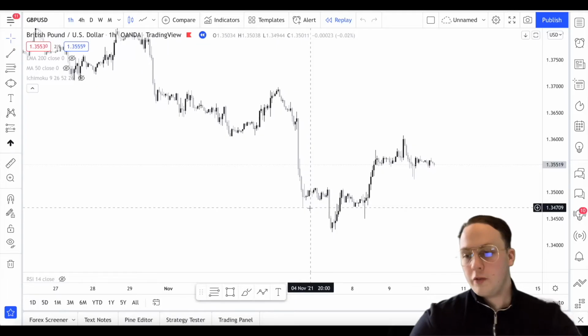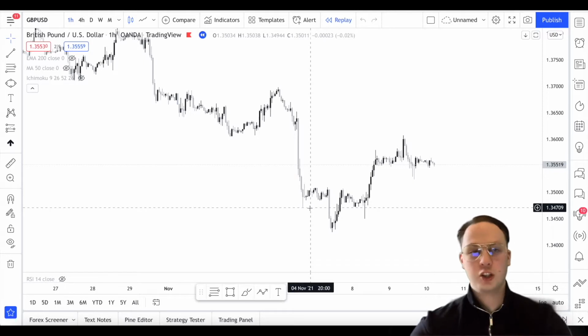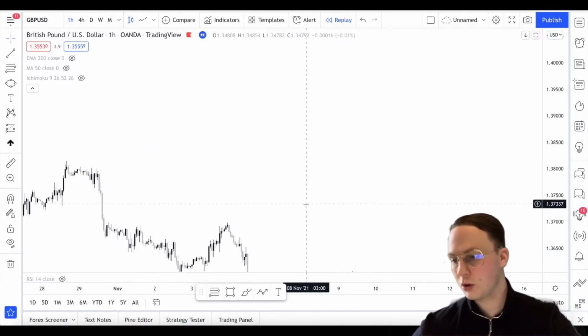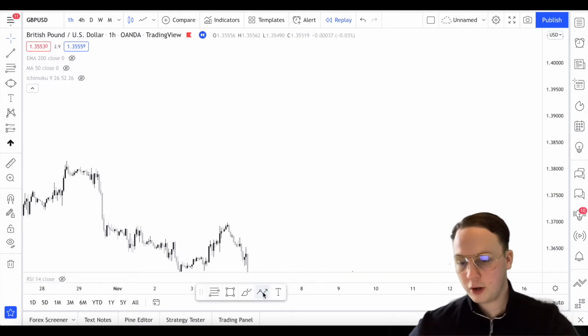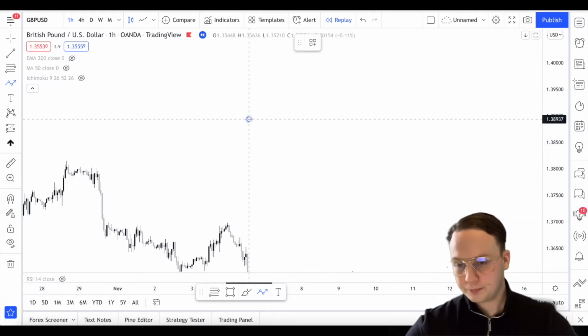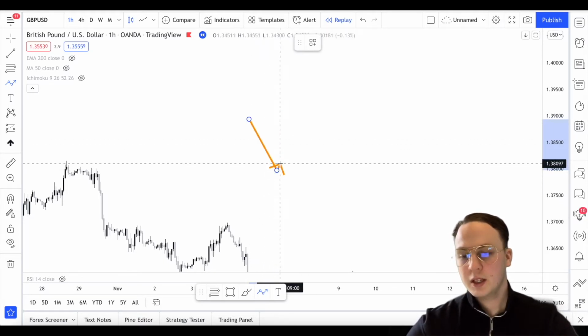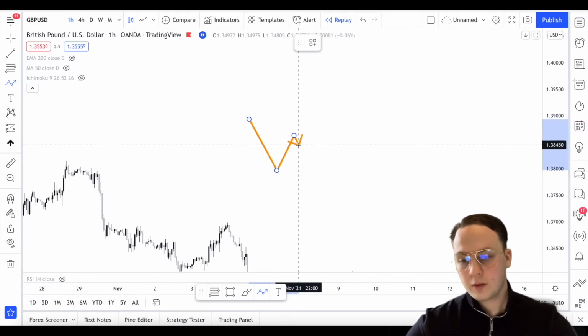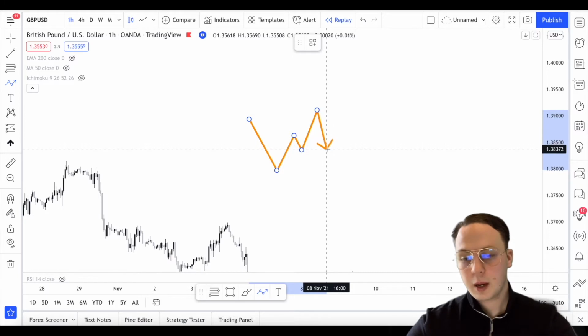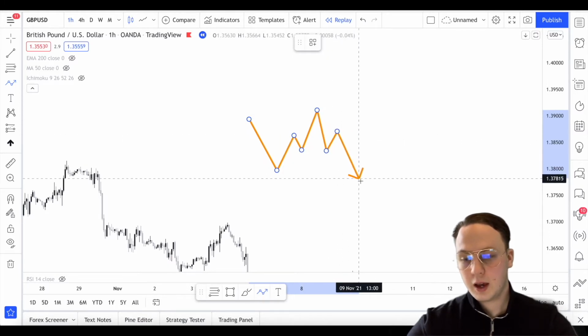Let's go. So over here on pound US dollar, the first chart formation we're going to be looking at is what is called a head and shoulders pattern. For those of you that don't know what one of those is, I'll draw it on here for you. So let's say the market is in a downwards trend. The market trends downwards. It pushes up, has a period of retracement, pushes higher, comes back down, and then continues